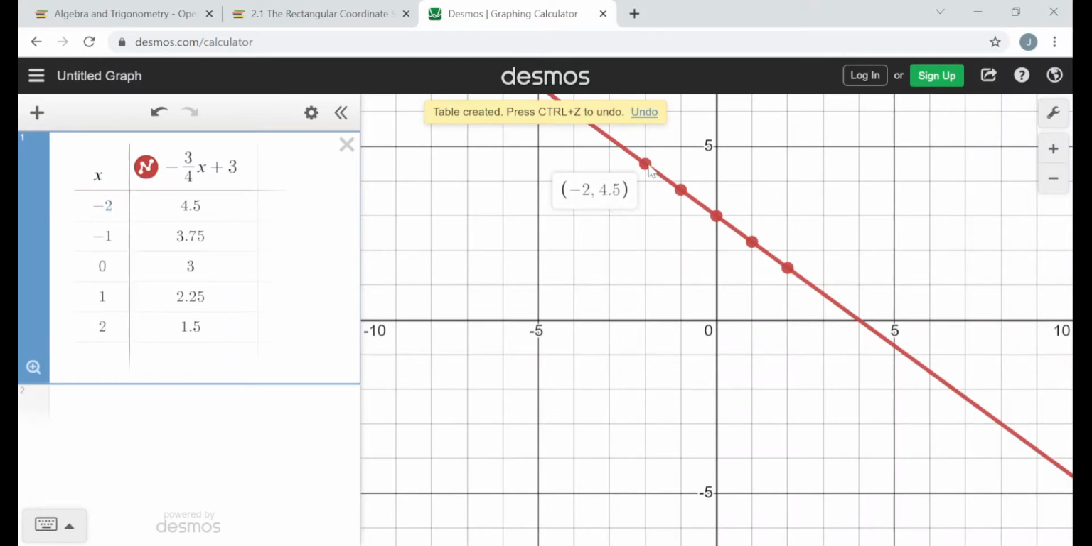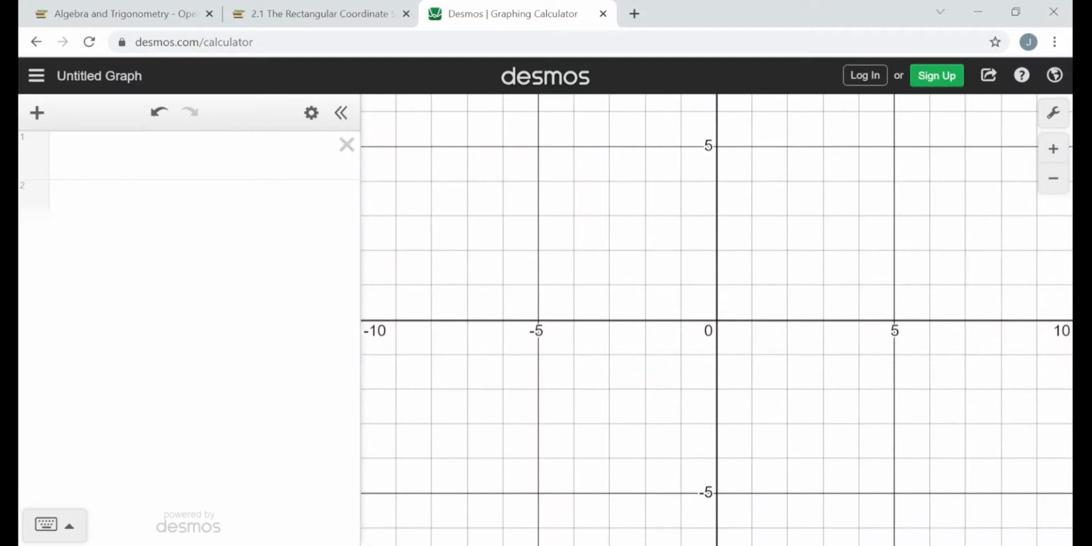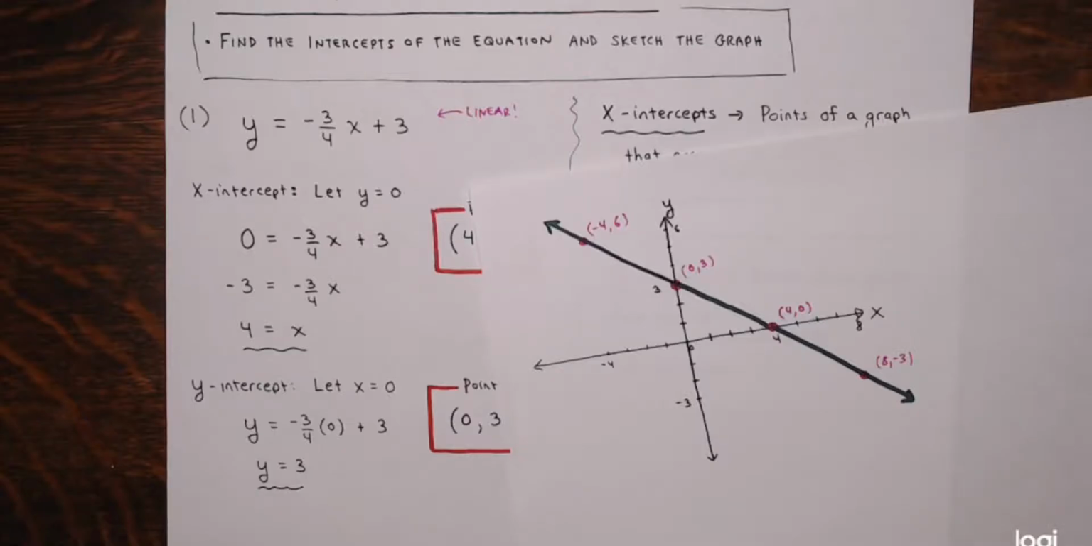See, there's -2, 4.5, -1, 3 3/4. I plugged in 8 earlier. See 8, -3. There's that point there. That was a point I plotted by hand. I plugged in -4 earlier, right? Go to the table, plug in -4 for x, and you see the output is 6, right? The value of y is 6. There's -4, 6. Wonderful. All right, so it looks exactly like my hand drawing. Very, very nice. All right, so I'll clear that away, and we'll go back to my paper and move on